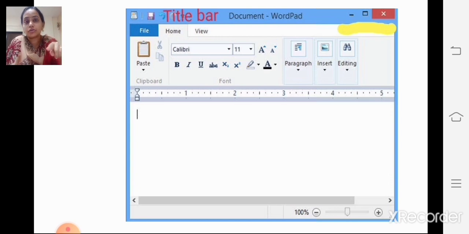So children, this small horizontal line is the minimize button. I will show you how to do that. Keep in mind it is a minimize button.